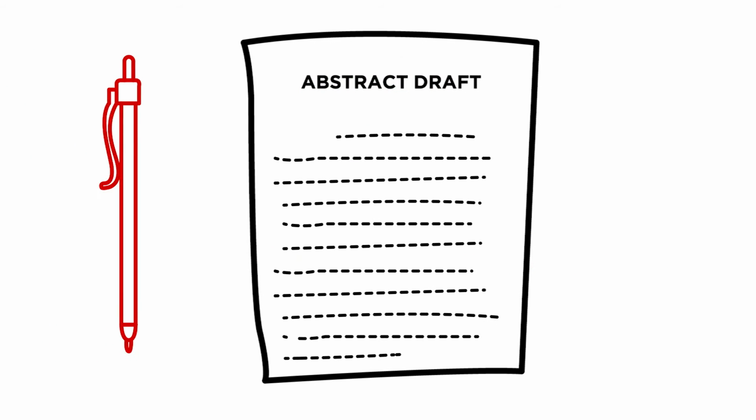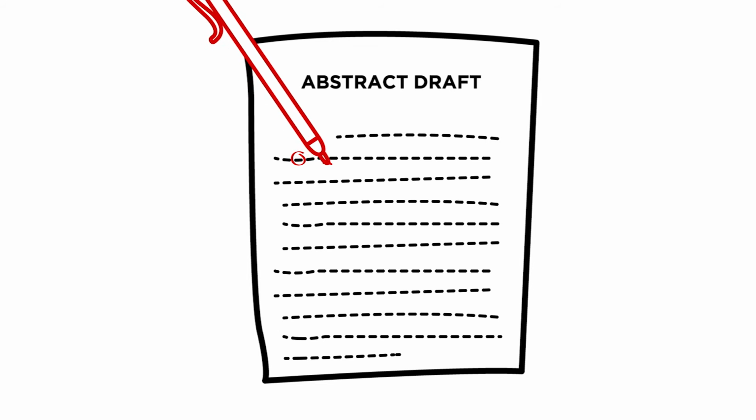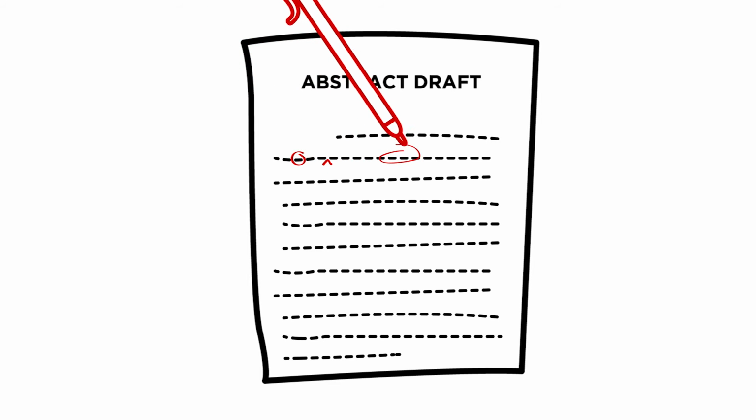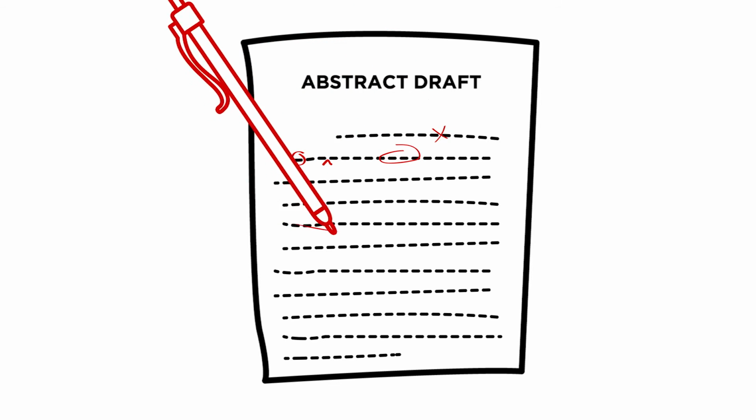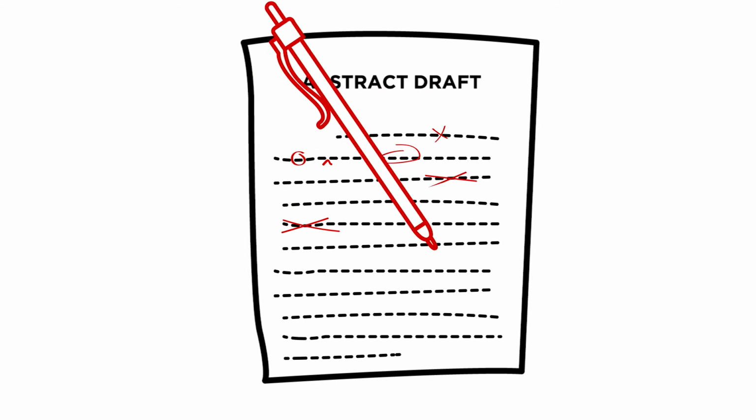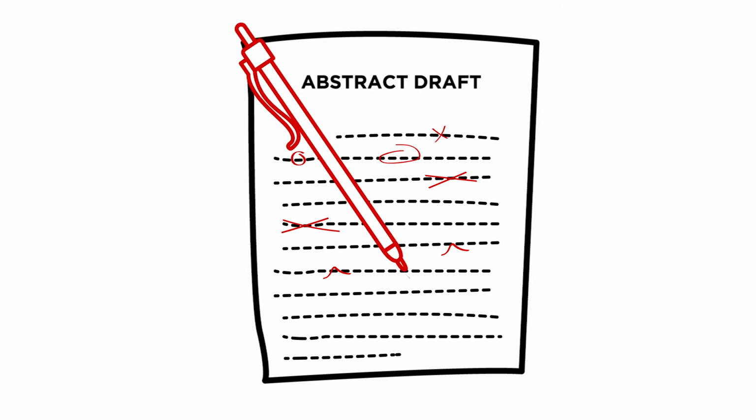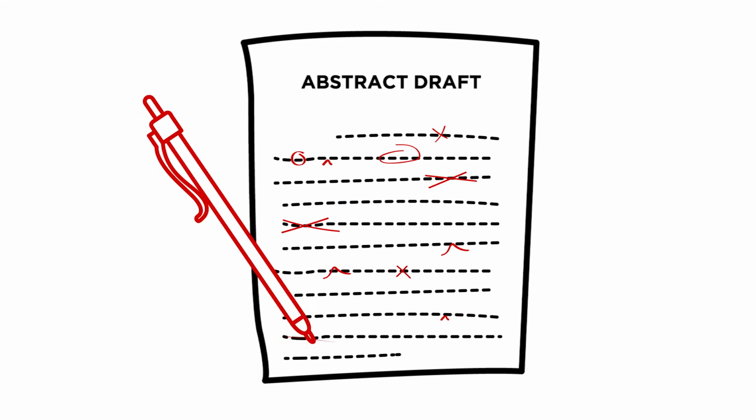Next, revise and strengthen the draft. Reword and delete unnecessary words and phrases to shorten and tighten the narrative. You do not have to use the abstract element headers in your abstract, for example, purpose, methods, etc. Be sure to use action verbs. It is an ERIC best practice to have abstracts that range from about 150 to 500 words, although there is no limit to the length of an ERIC abstract.